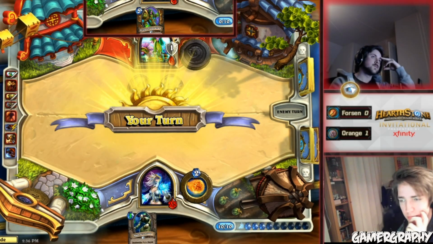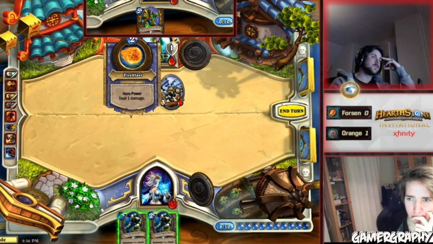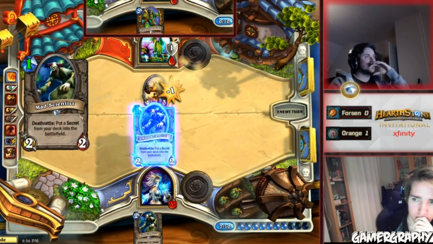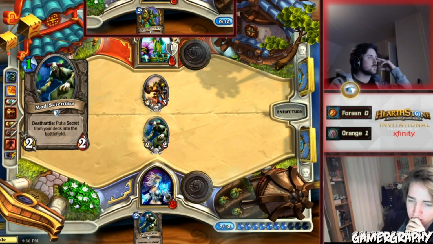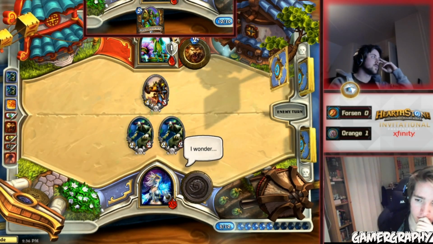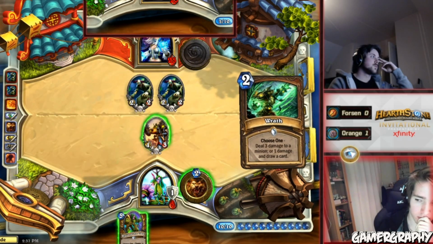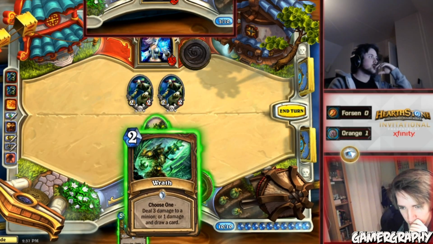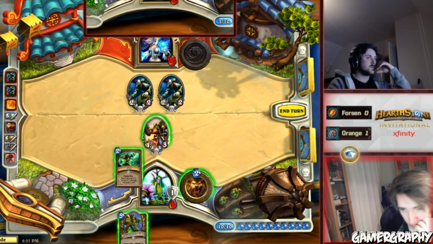Oh! Whoa! Oh, baby, a double. That's not really what Forsen wanted to see at all, and this is Orange's opportunity to commandingly take a lead, especially if he picks up Ancient of Lore. It's okay. Yeah. You're actually only afraid of Frostbolt at this point, so...